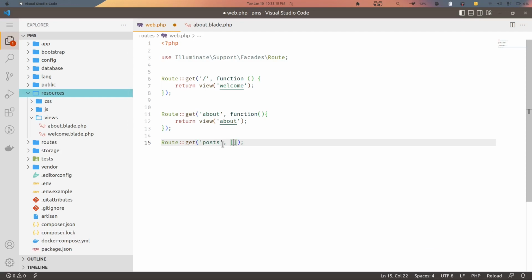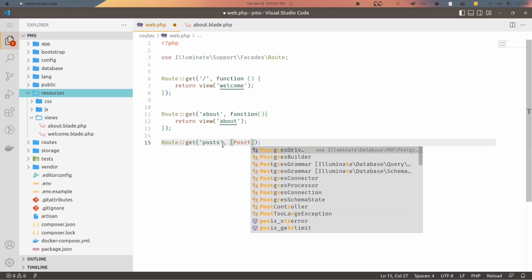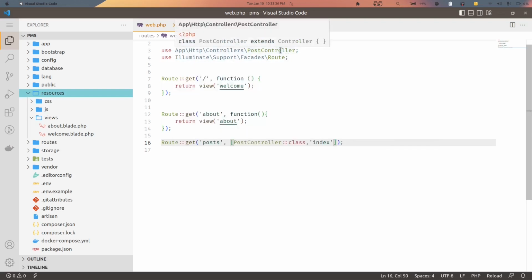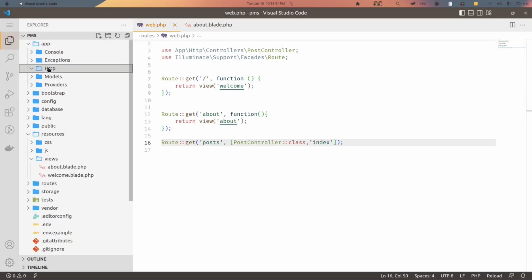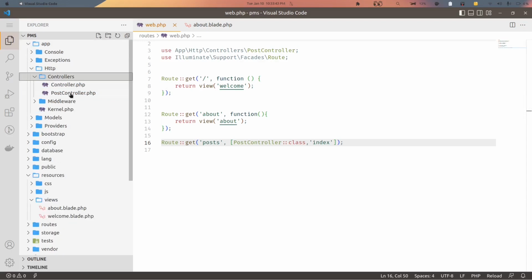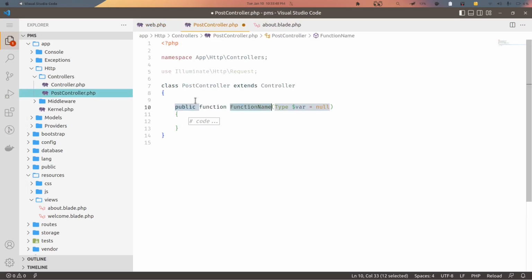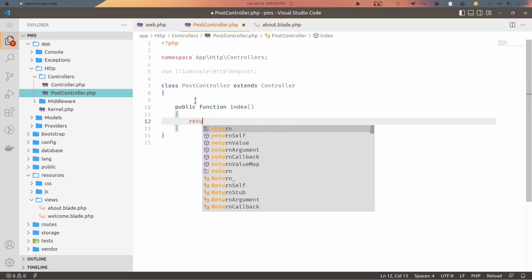So now let me just write that post controller class, and will define a method called index in that, and make sure you import the post controller. Okay, so it will be created in this directory http controllers and post controller. Now let's quickly create a method called index, and simply what we have to do is return a view,